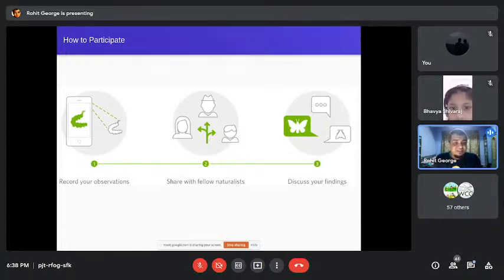So what you have to do is take a photograph with your smartphone or your camera or anything. Then you upload it to these websites, either using a laptop onto the website directly, or lots of these portals have their own apps. And once you upload it, experts can come and help you identify it. And they can also give you more information about it, depending on who you meet and how interested you are.